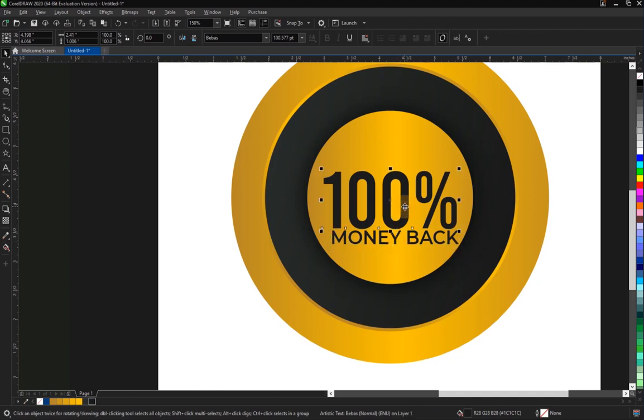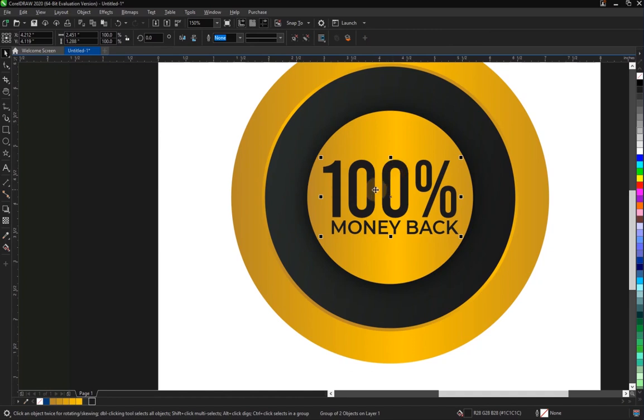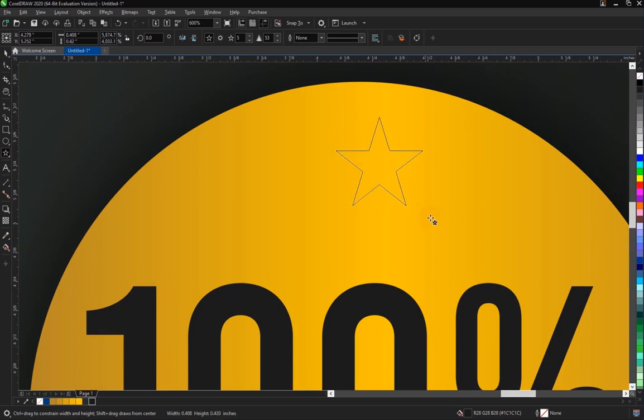Click on the 100%, use your arrow key to take it up a bit, highlight everything, press Ctrl G to group them, then bring it to the top like this. So now we have the money back 100%. Use your arrow key to position them well. So now let's create our stars. Go to your star tool, zoom in and then click and drag like this, then set it to this black here. Go to your outline tool, set it to none